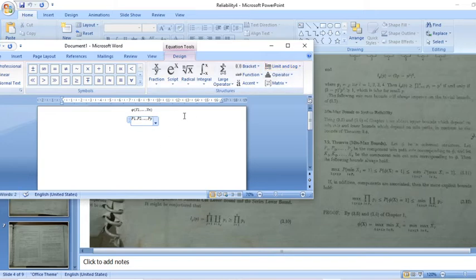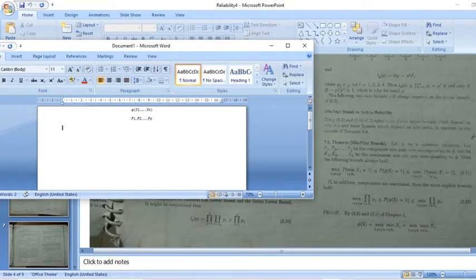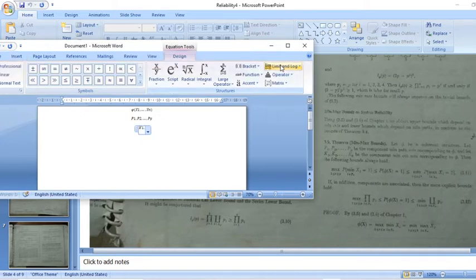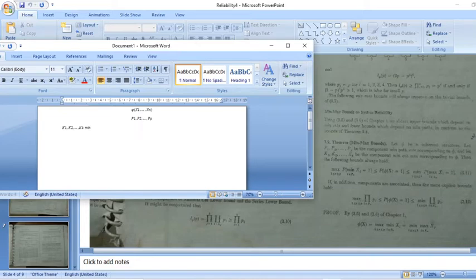And let k1, k2, etc., k be the minimal cuts. So we have a coherent system and its corresponding minimal paths and minimal cuts. Okay, so the theorem says that